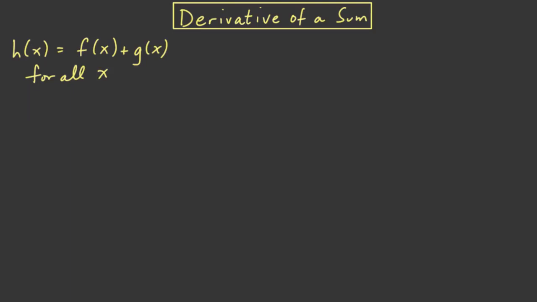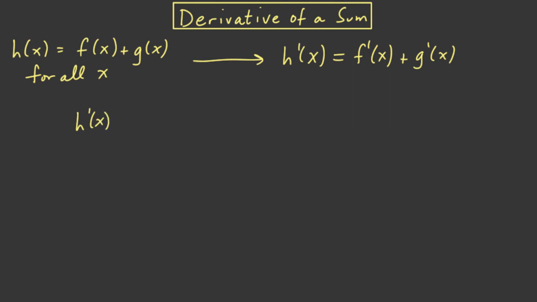We said that if h of x equals f of x plus g of x for all x, then h prime of x is going to be f prime of x plus g prime of x. In other words, the derivative of the sum is the sum of derivatives. So let's prove this. We'll start just with the definition for h prime of x, and we'll use the delta